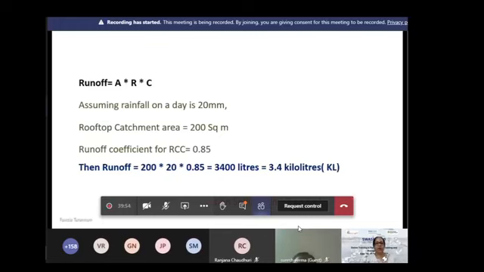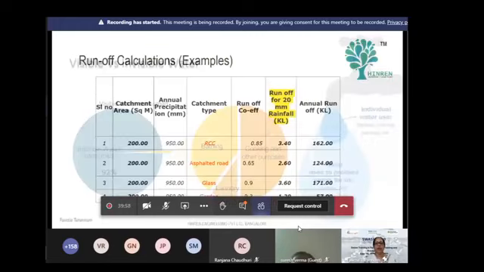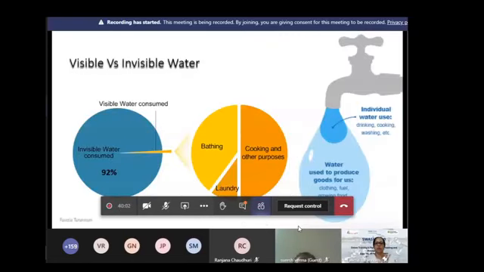So many of you had doubt on this, so I just thought I'll show this slide. So that's done. This slide, I just wanted for you to understand the difference between visible and invisible water. I think I've shared a lot of notes with all of you on this. So your visible water is basically drinking, cooking, washing. Your invisible is everything. And you look at the big bubble, clothing, fuel, growing food, etc. Everything forms part of your invisible water use, which is huge, which is 92%.